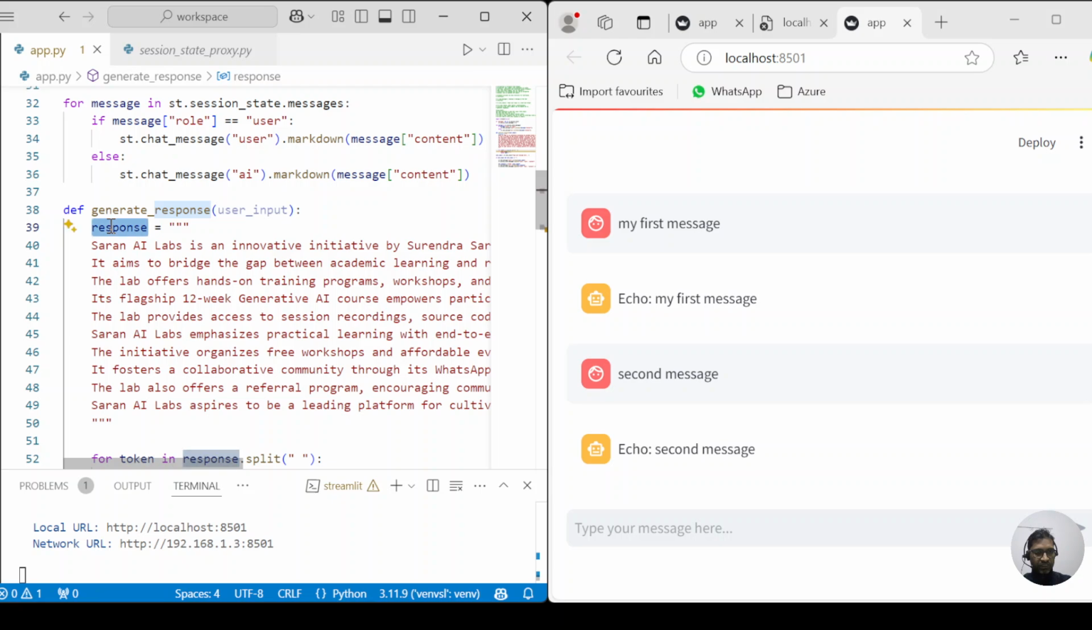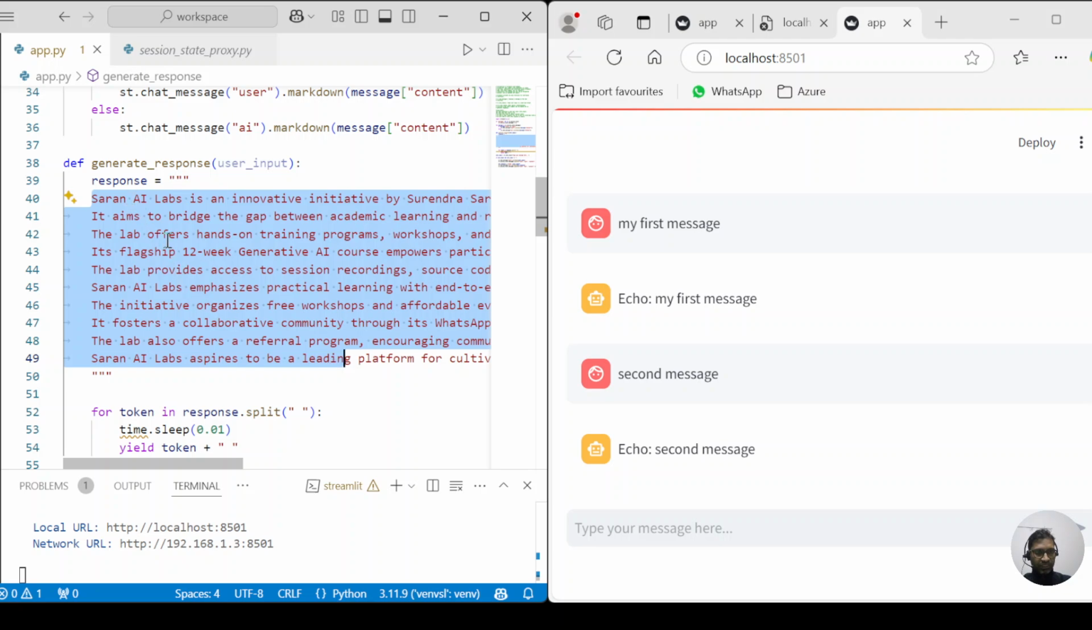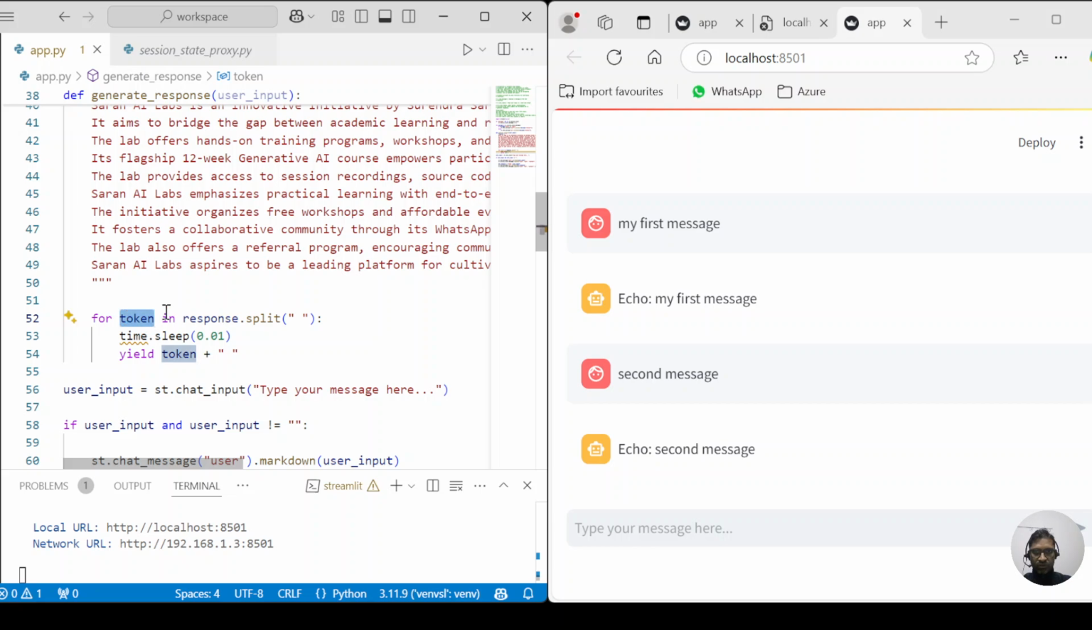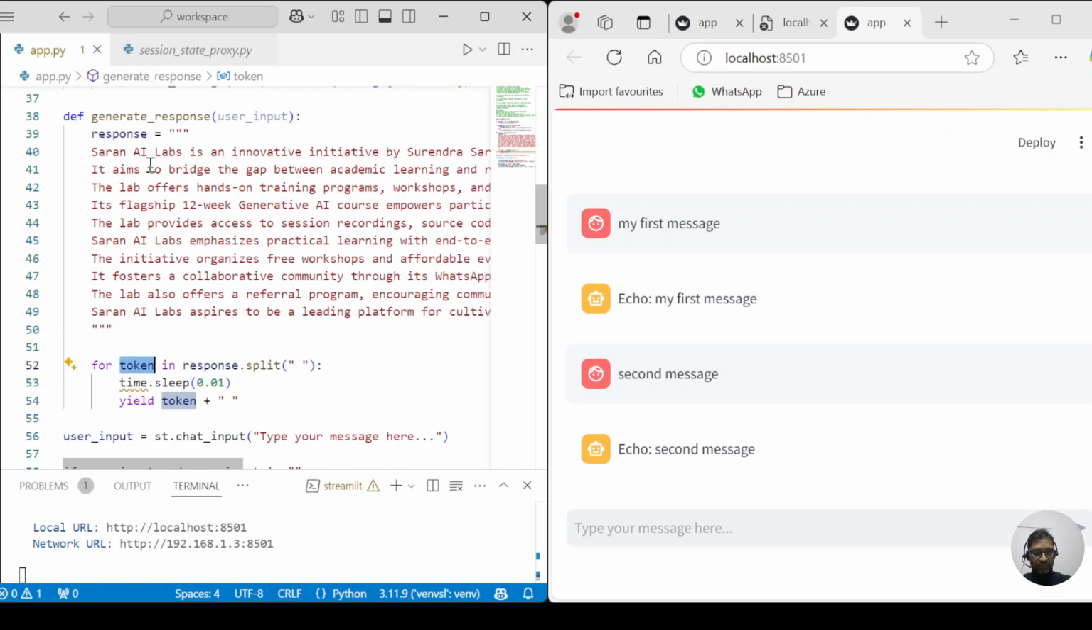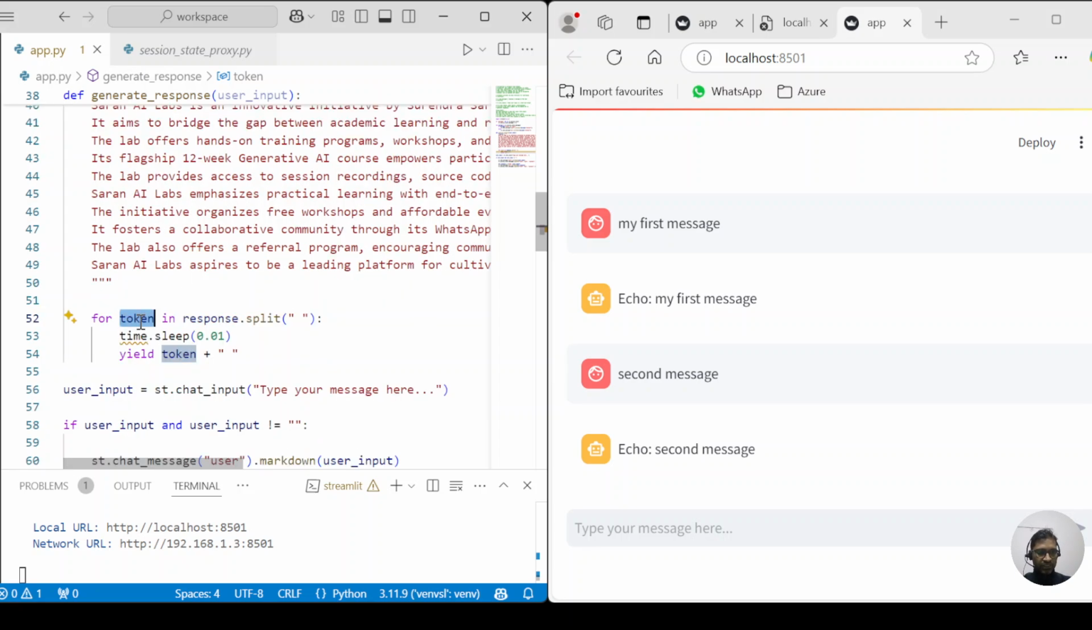I have taken one multi-line string. So this is my response. We are just emulating, let's say this is the response from our large language model. Now we have this for loop. This for loop will yield this particular string token by token, or word by word. So this is for token in response dot split. It will split by the space, and then it will sleep for 0.01 second and then it will yield the